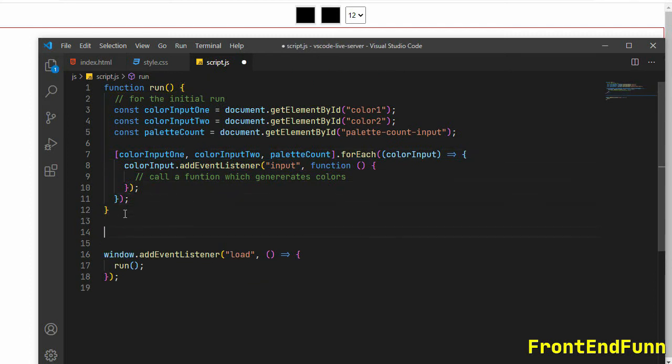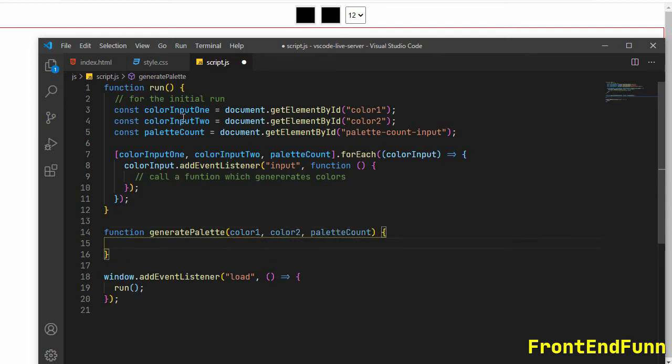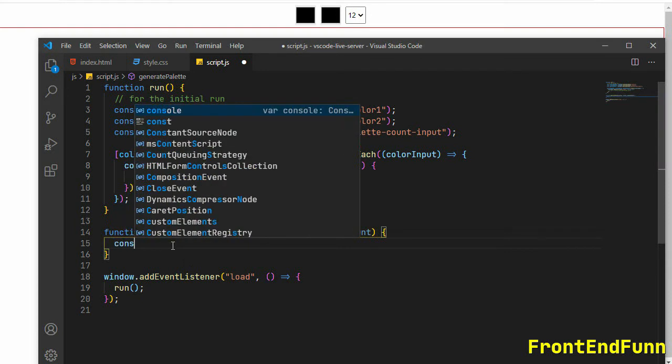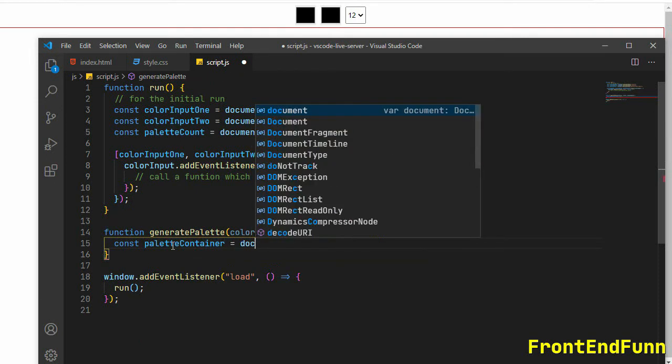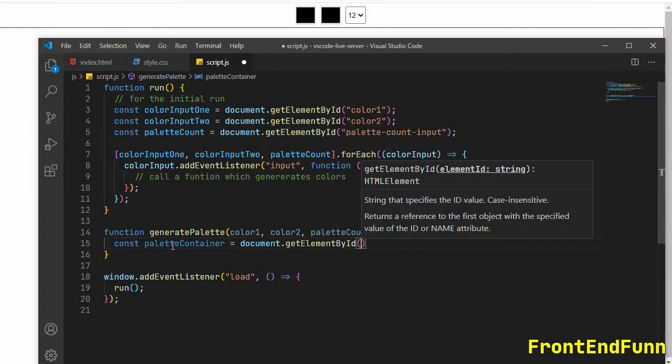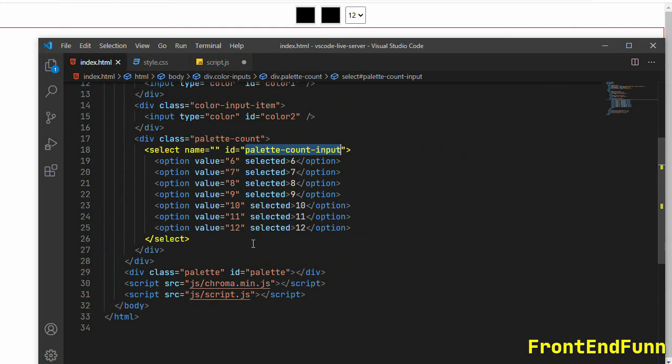So outside of the run, I'm creating a function that is generatePalette. This should accept color1, color2 and the palette count. Okay, these three values will be passed to this function. So inside this function, first let's target the palette container, that is document.getElementById palette.